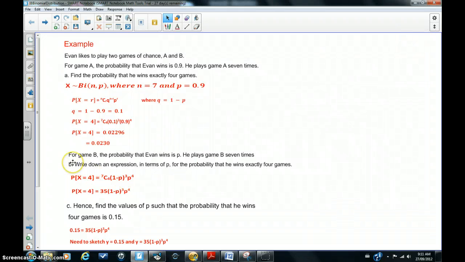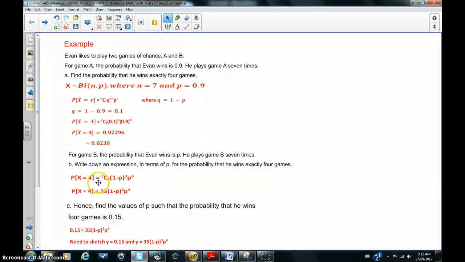Now for game B, the probability that Evan wins is P. He plays game B 7 times. Write down an expression in terms of P for the probability that he wins exactly 4 games. Now this time it's an identical question to the first part, except that we don't know what P is, and we need to write down